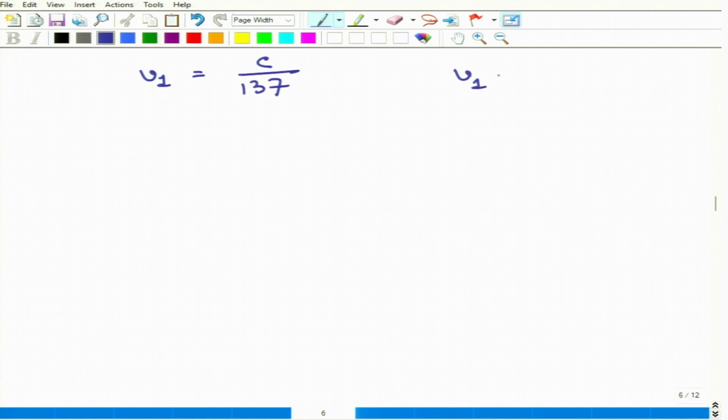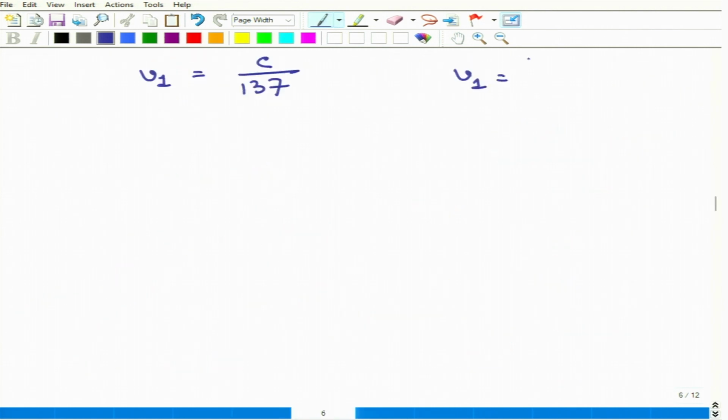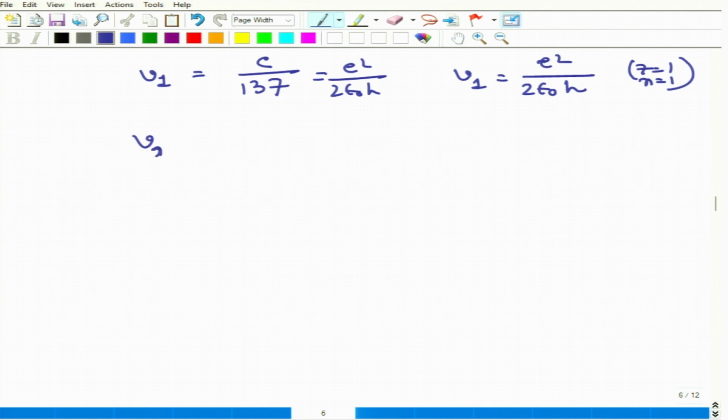So V1 is actually, this is the general formula, so Z is 1, so it is E square divided by 2 epsilon naught H, because Z is 1, N is 1. So this is actually E square by 2 epsilon naught H,